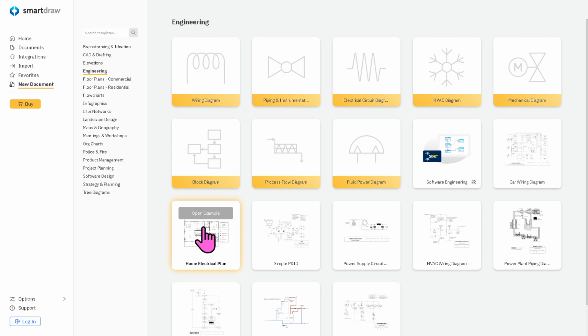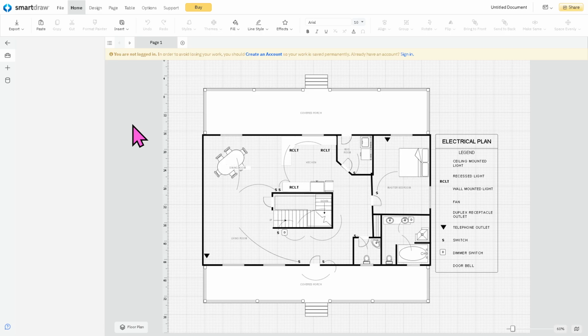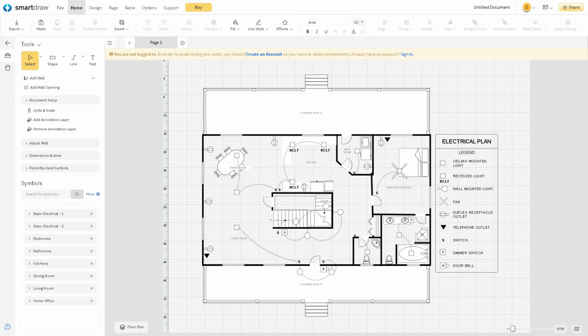Now, before you make sure that the template is correct, I want you to click Open Example. This will forward you to the SmartDraw builder. And if you are having issues accessing the website, I want you to use a VPN. Now, from here, as you may notice,